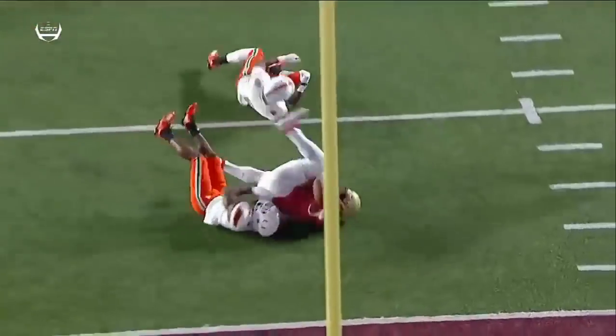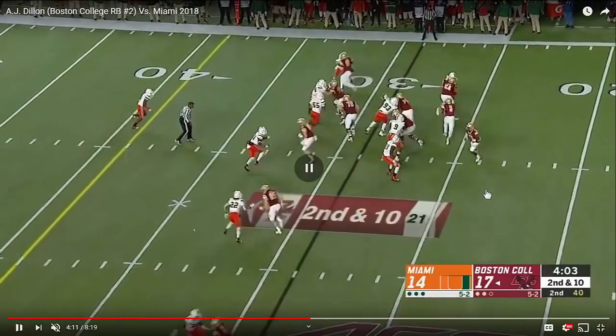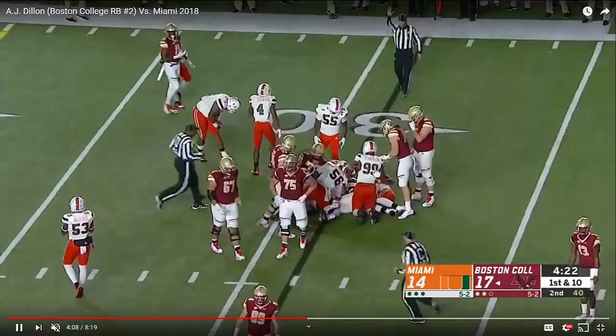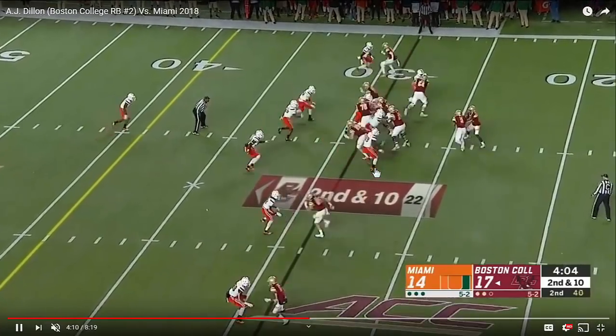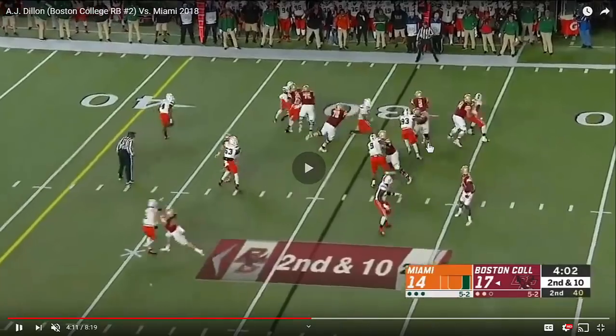Here's confidence again in his speed to be able to work out past the middle linebacker here, working to that crease to the edge. He continues outside, gets right outside 55. 55 even anticipates that Dillon's going to work downhill here. I don't think Dillon did anything special to try and show that he was cutting downhill. I don't think he gives much of a turn. He just turns through this angle here to be able to get through this crease and just beats 55 simply